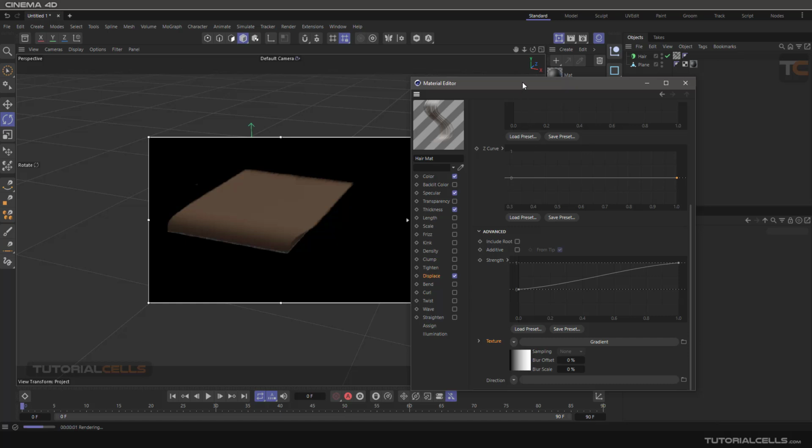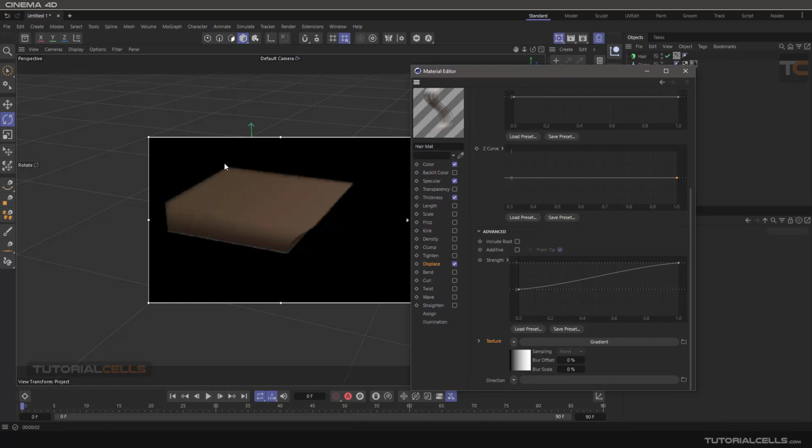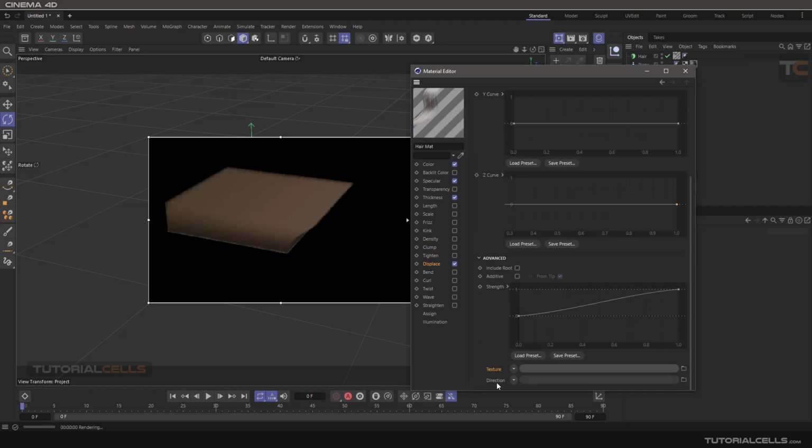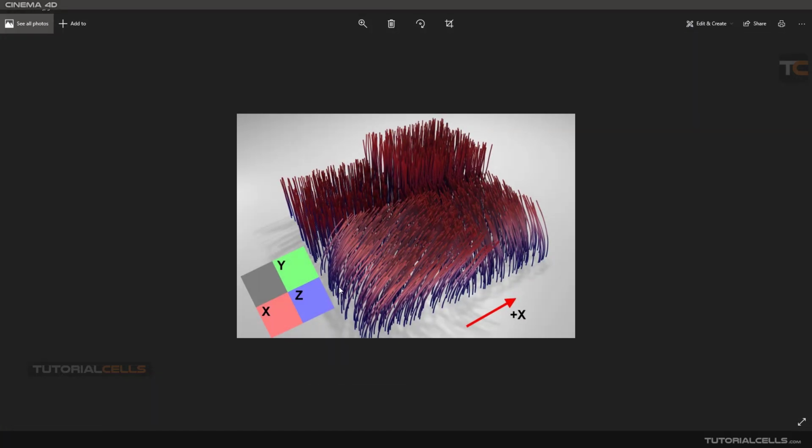It's a black and white code, meaning in a black area we don't move any hair, and with a gradient going to the white area, it means in the white area we have 100% of that command. Another thing is direction. You can see this image. With the color code, Y is green, Z is blue, and red is for X, and gray is nothing. You can control